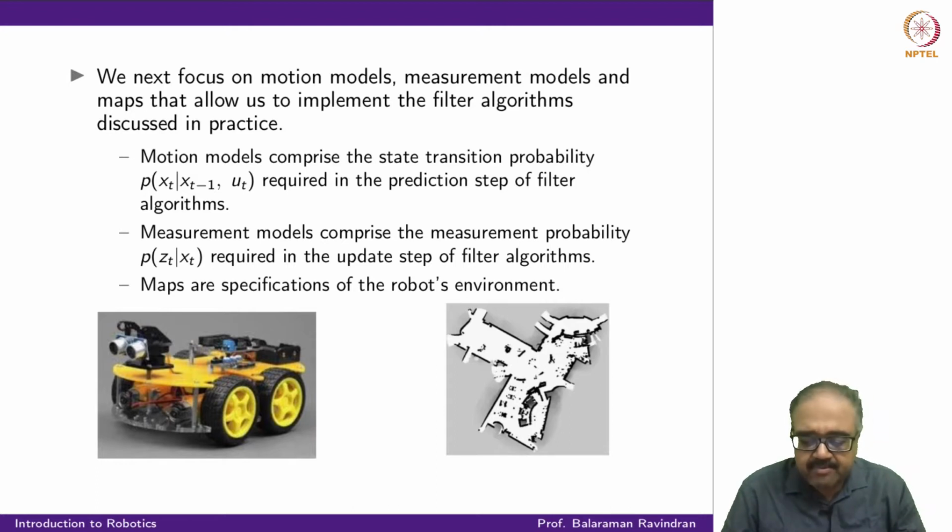And again, maps, like you can see here, a sample here, or some kind of a representation of the robot's environment, and that we will use in the reasoning of the filtering step, and as we will see later in terms of planning, right, motion planning, and trying to decide how to get from point A to point B in a particular environment, right. So we'll then be using the notion of a map, and most of the maps that we will be looking at are 2D maps, right.